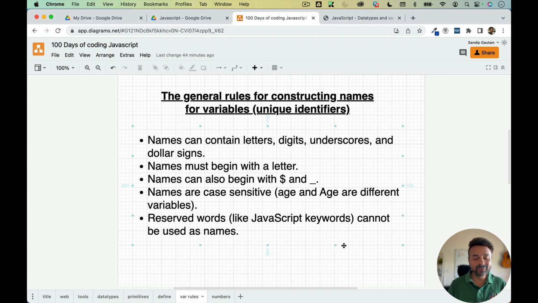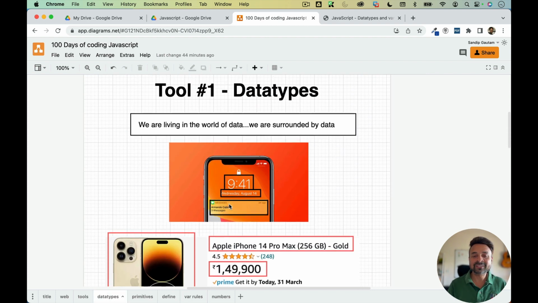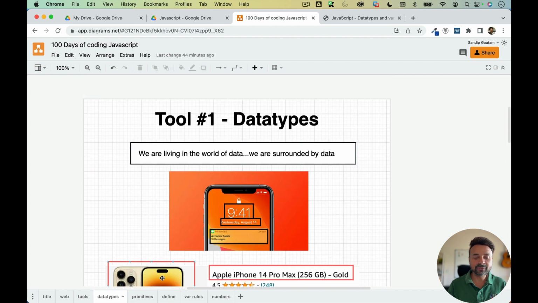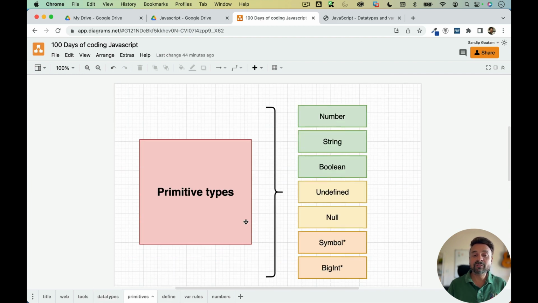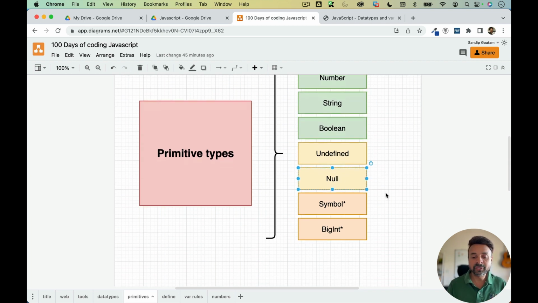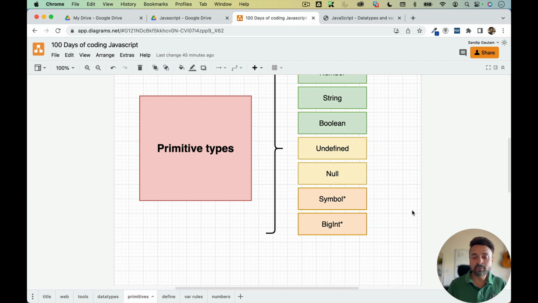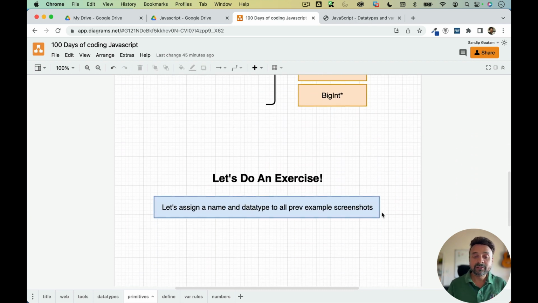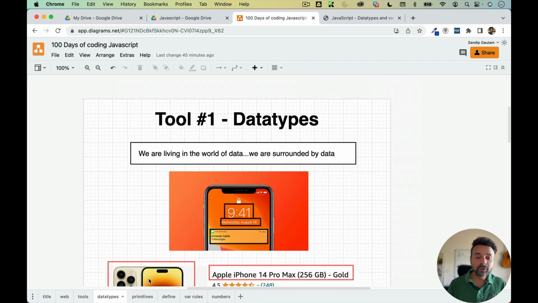Cool. Long video. I understand we talked about a lot of things. We talked about data. We are surrounded by data. We talked about data types. Then we talked about different primitive types in JavaScript like number, string, boolean. We haven't talked about undefined and null. Separate video will be coming for that. Symbol, BigInt also probably I'll try to cover. Then we did exercise. We went through all of these